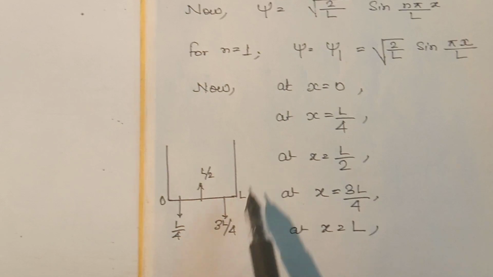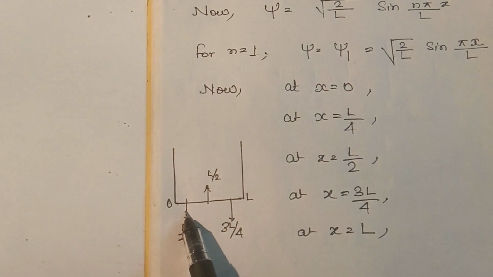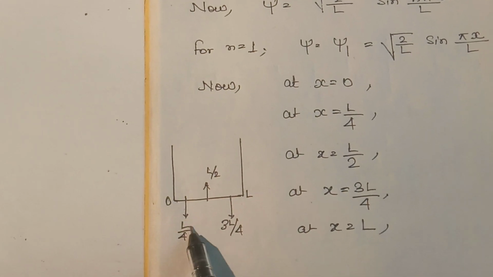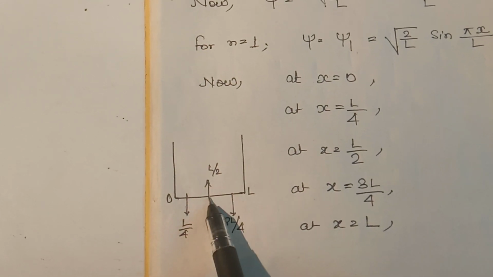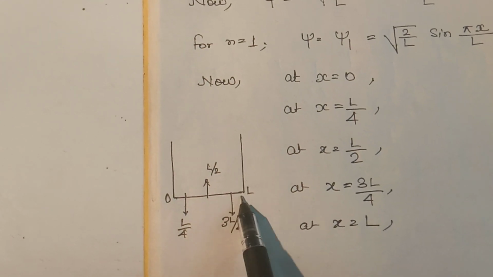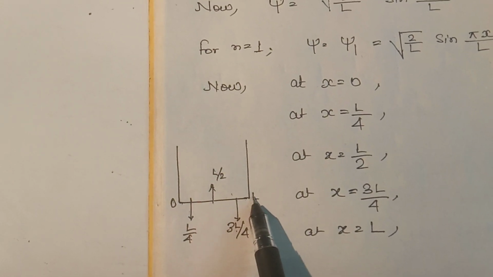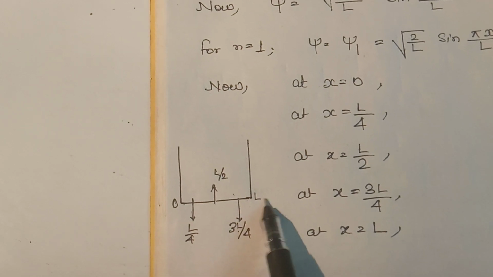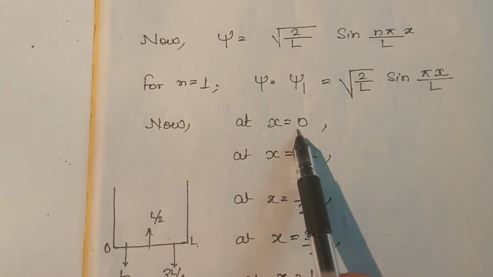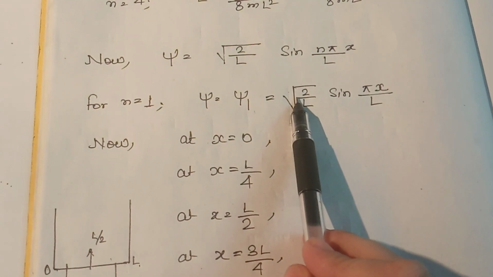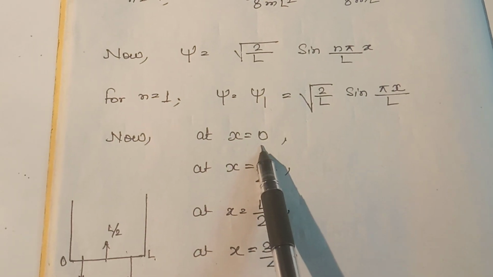The box has length capital L. The position is 0 at the wall of the container, then 1/4 of the length of the box, then half of the length of the box, then 3/4 of the length of the box, and this is the other end of the box, that is capital L. So we will put the values of x in the above expression to get the value of the wave function at different distances